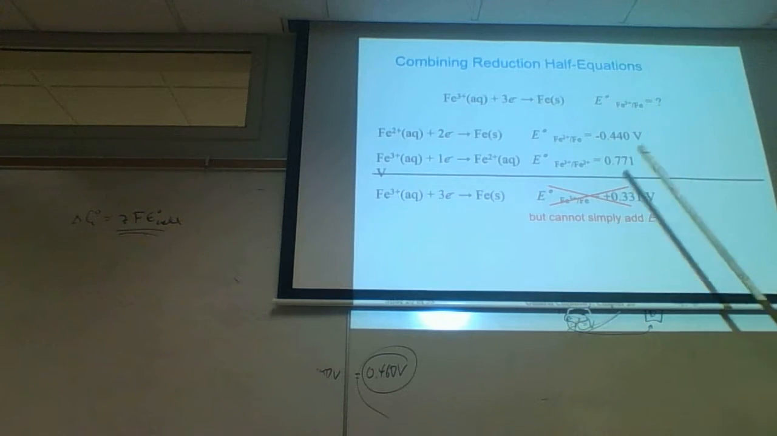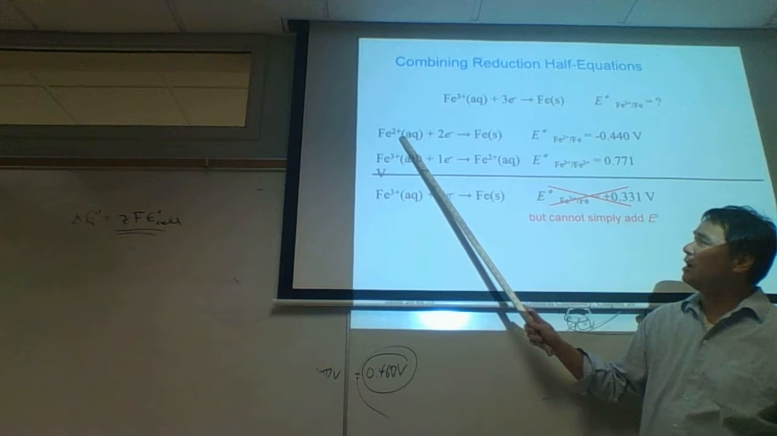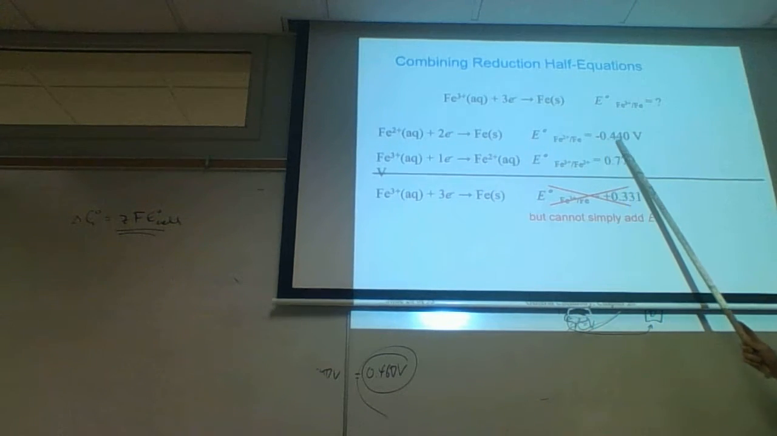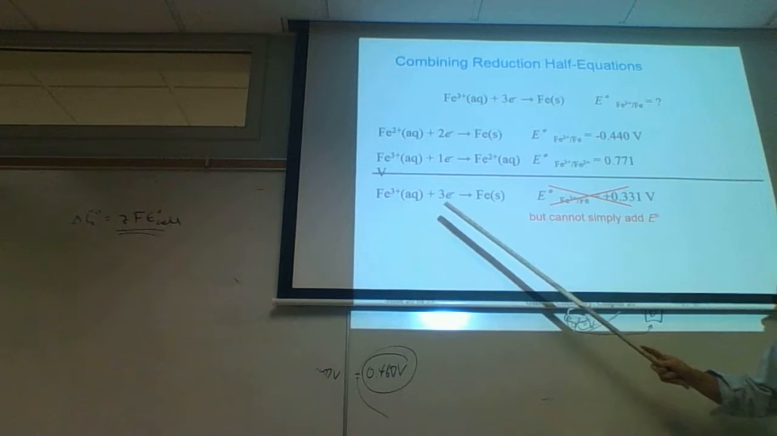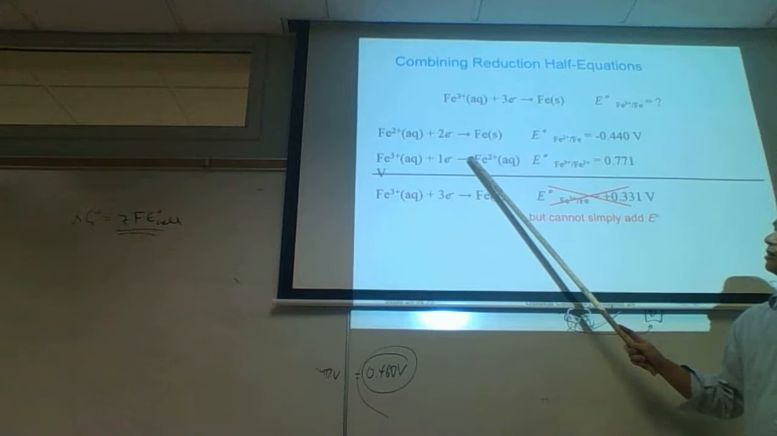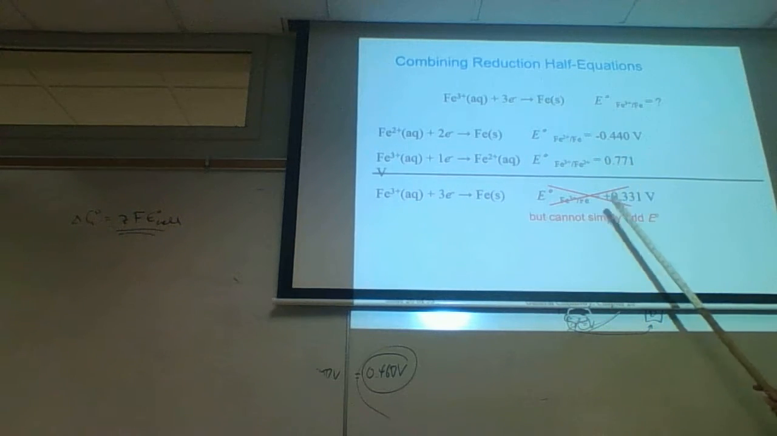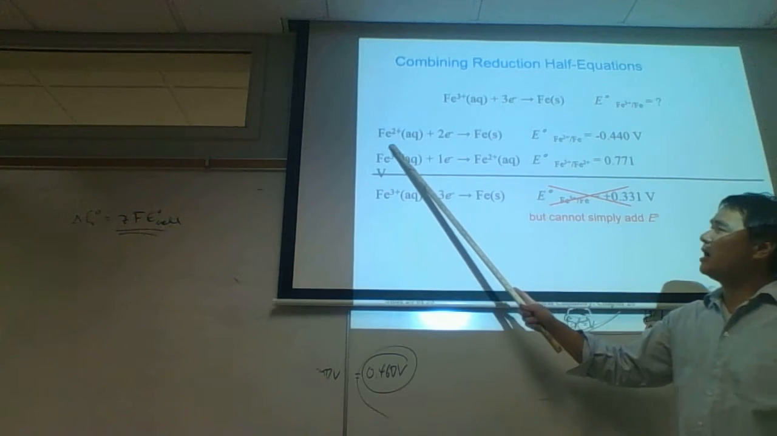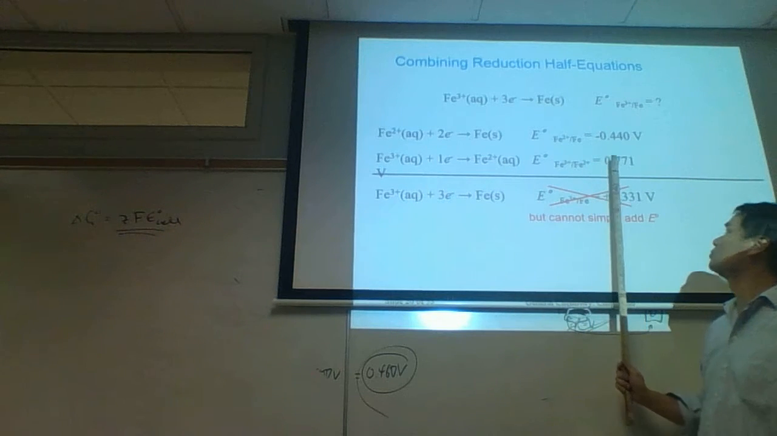When I look at appendix D, I have the reduction potential for iron 2. So iron 2 plus 2 electrons goes to iron metal. That is minus 0.440 volts. And then I have iron 3 plus 1 electron goes to iron 2. That's plus 0.771 volts. Now the minus and the plus are relative to H plus. So this means that iron 2 is a weaker oxidizer than H plus, whereas iron 3 is a stronger oxidizer